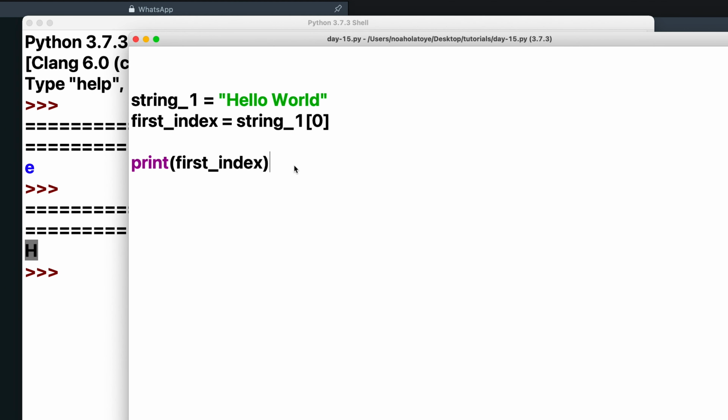What if we want the last value? Seriously, for us to really know the last value, it means that we need to count 1, 2, 3, 4, 5, 6, 7, 8, 9, 10. But imagine you have a very long sentence, right? This might be very difficult for you to target. But before we get to a simpler way to count, let us take a look at something we can do